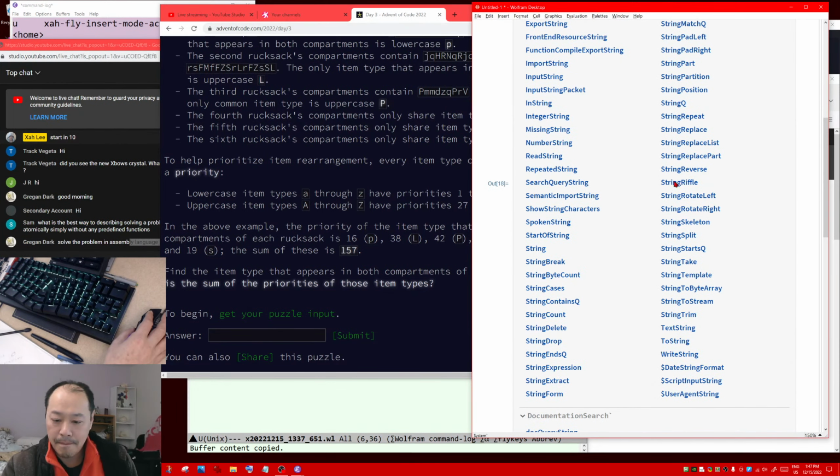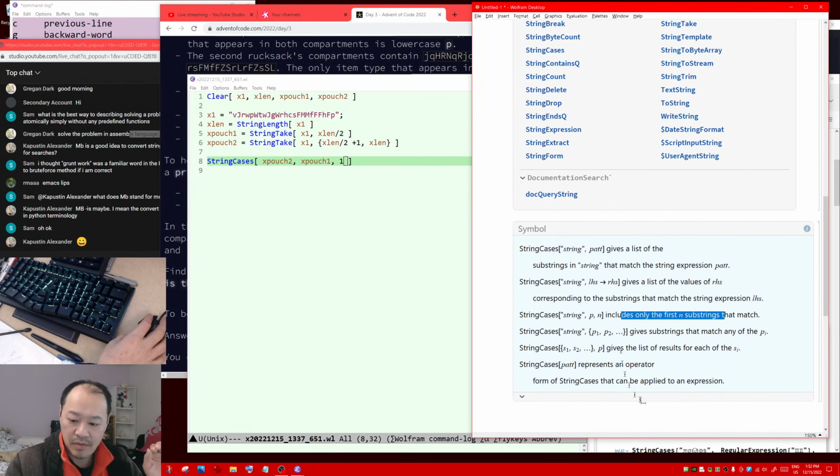Again, there are so many ways to do this, but we do need 1 for sure. That means telling it to stop when it has found 1, because we know there's only one character that repeats according to the spec. So now we need to represent the pattern expression. Here is the regular expression, but you also have